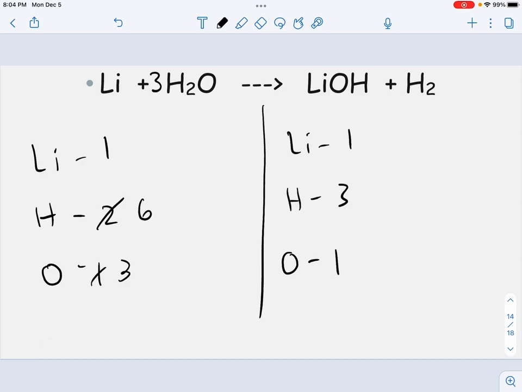Let's take a look at what we have here. Lithium balances out, but nothing else does. The next step that I did was I added a 2 to lithium hydroxide. And when you do that, you now have 2 lithiums, and you now have 4